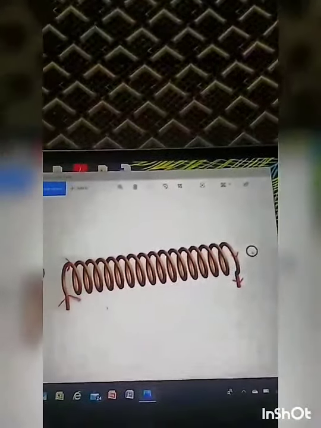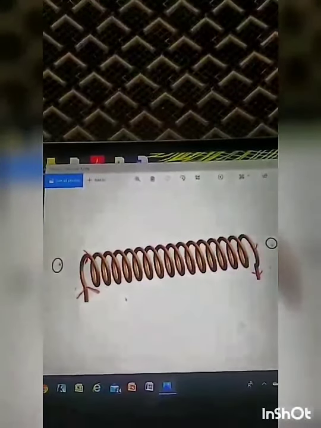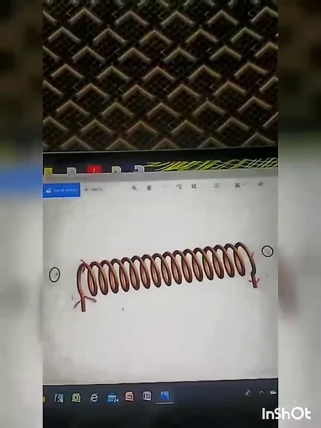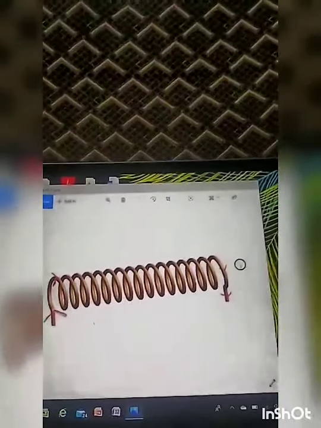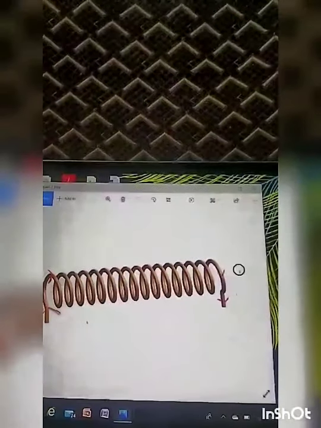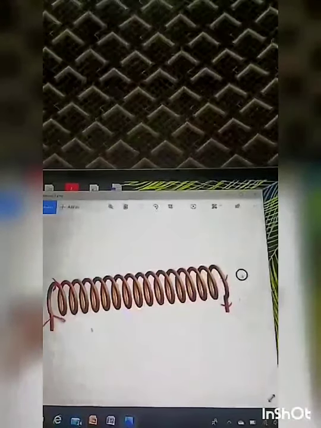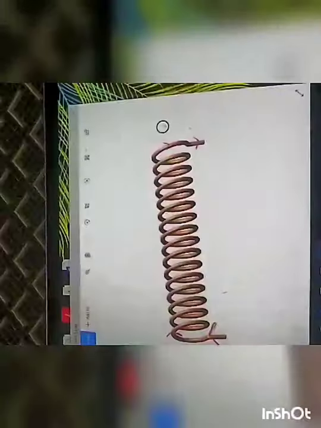So when you come back to the left circle, when the current is in the clockwise direction, then that face of the solenoid behaves like a south pole. When you go to the right-hand circle and stand there, if the direction of the current as seen by you is anti-clockwise, then that particular polarity is north pole.